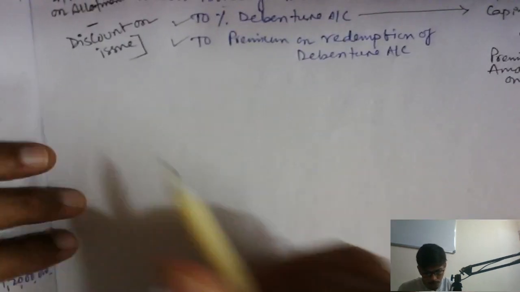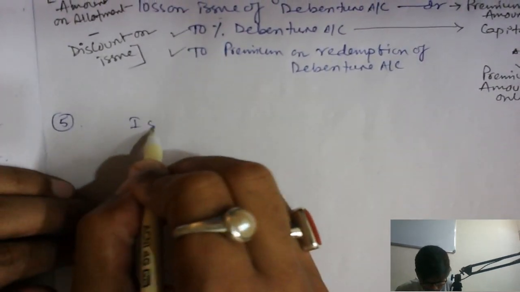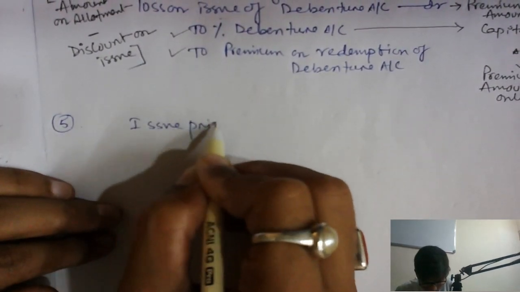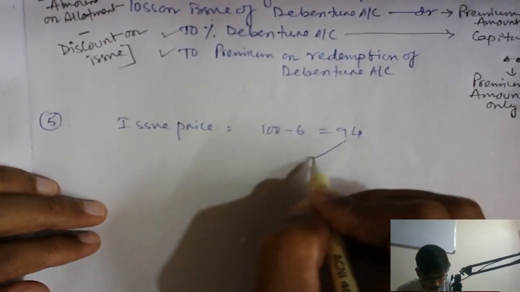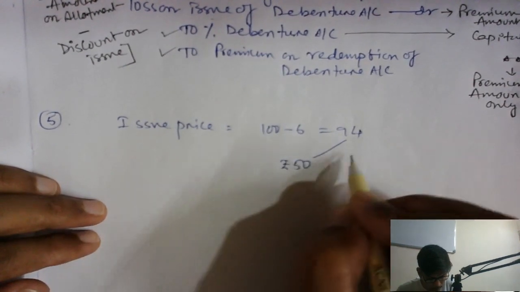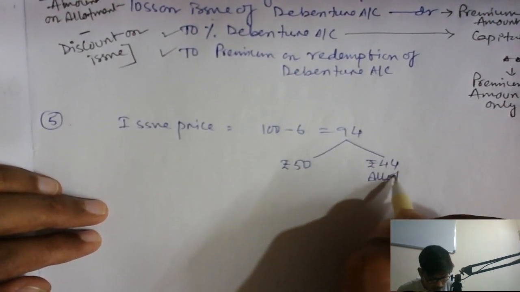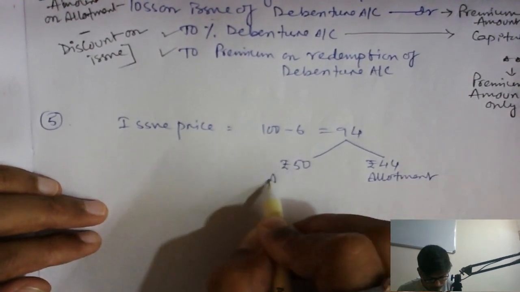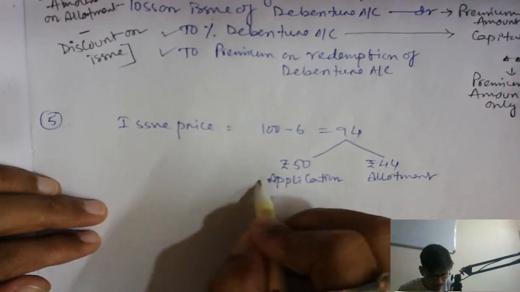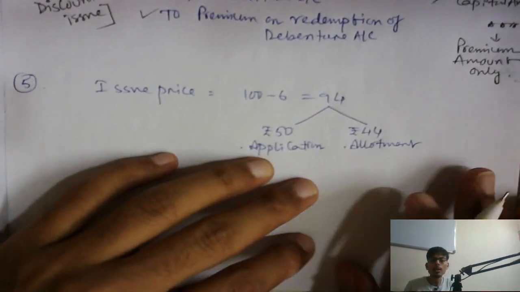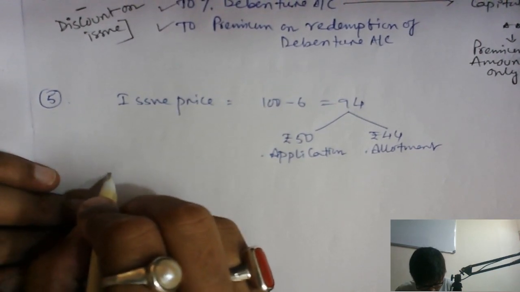If I solve this question number 5, issue price will be at a 6% discount, means 100 minus 6 equal to 94. 50 on application, 44 on allotment. So on application 50 and allotment will be 44, and the redemption price